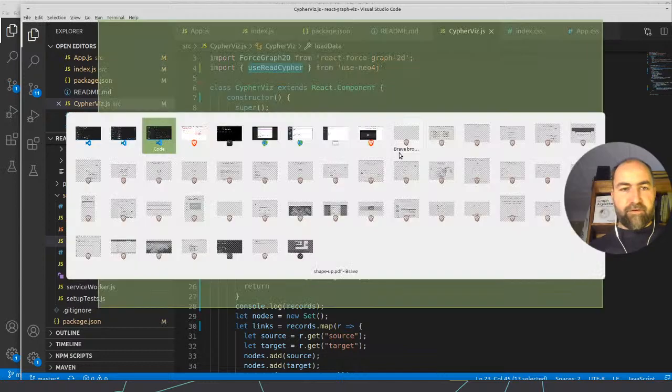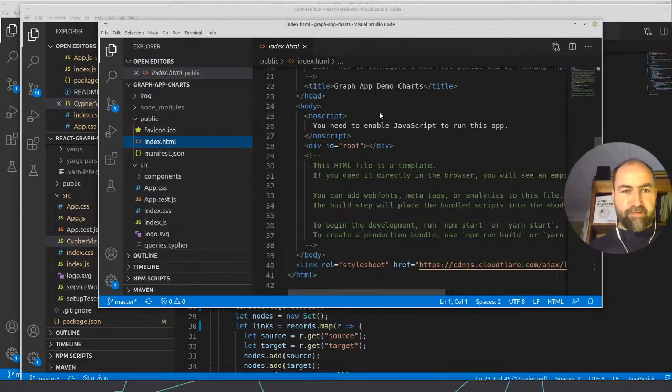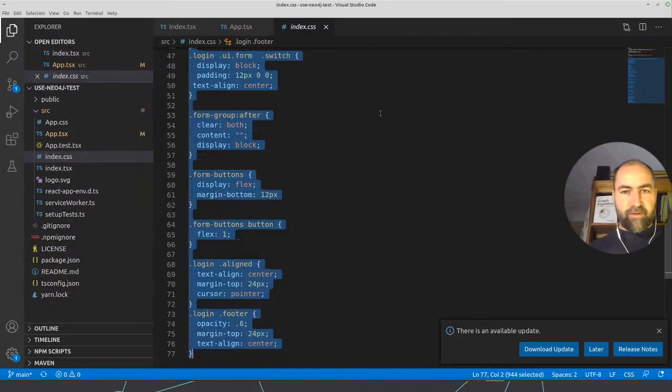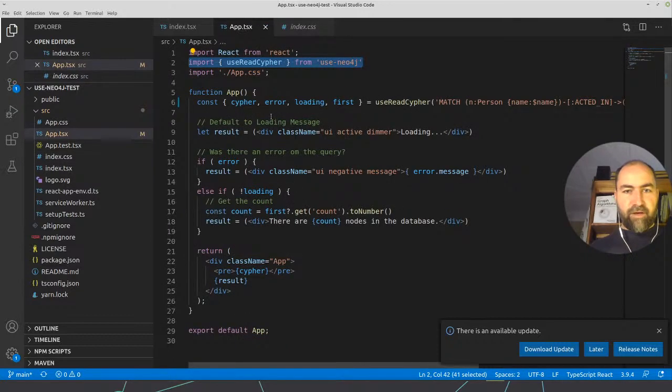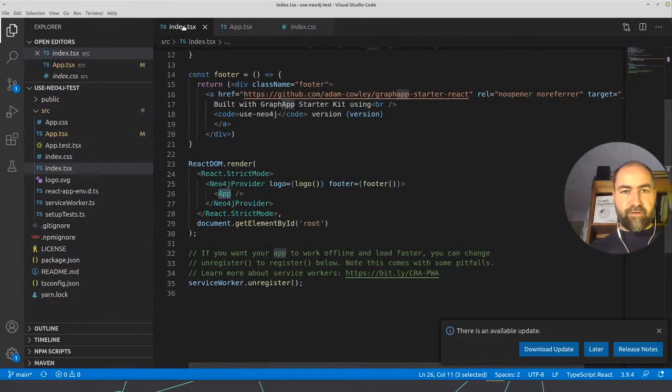Okay, so we need to learn what this function component thing is that we are talking about. So here's our app, TSX, and it's a function app, and we can only call it from within the function component.